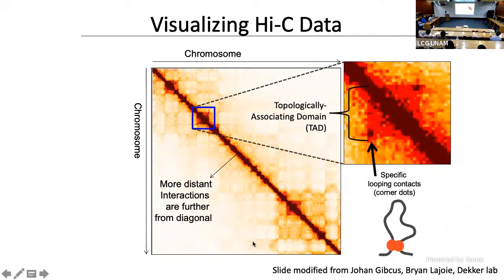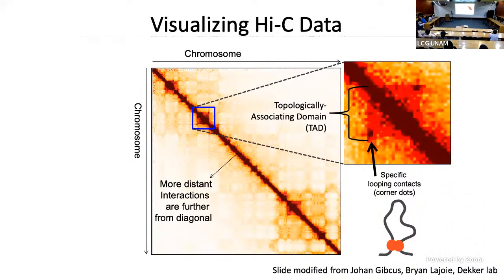Okay. Now, some of these self-associating regions, or TADs, we're going to call them TADs from now on, have these things called corner dots at their corners. What those are believed to be is regions of very strong interactions held together by cohesin. You may know cohesin from textbooks as holding sister chromatids together, but it also has a function of extruding chromatin. It's a ring-shaped structure, and it will take chromatin and pull it through itself, or it'll slide along while the chromatin is pulling through.